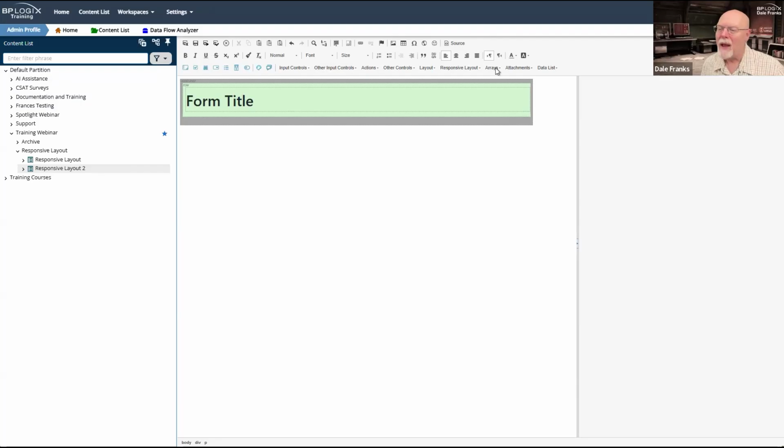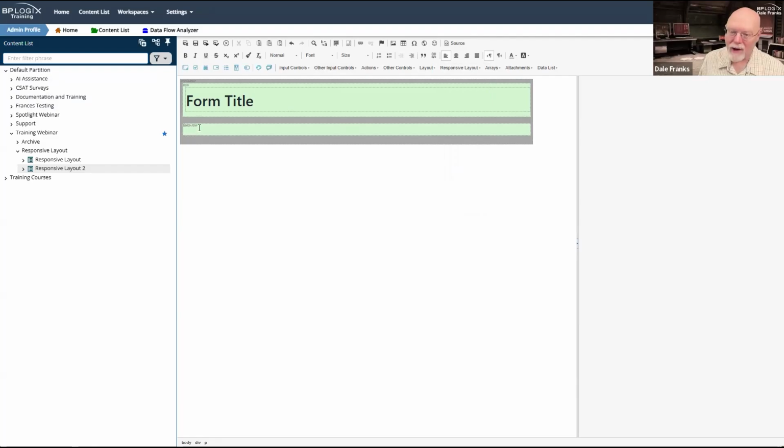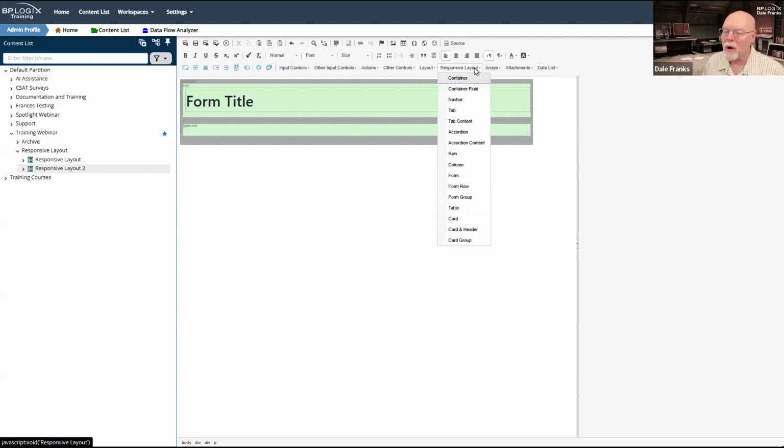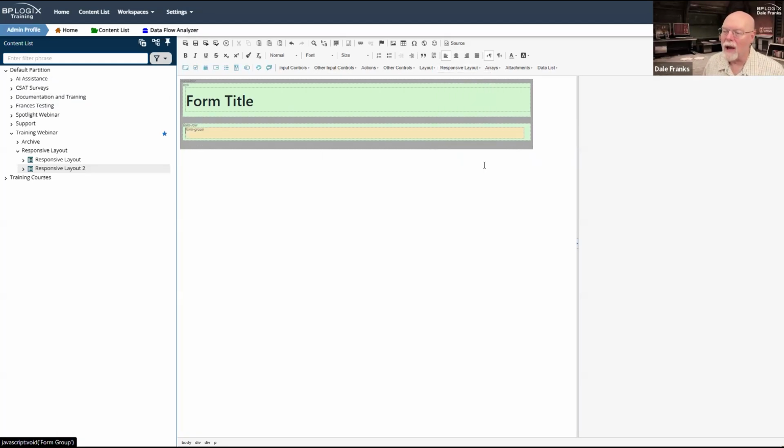Let's add my row. And this time we'll go ahead and add a form row. And now notice my cursor is below my form row. I don't want it there. We have to walk through this really carefully when we're building. So we're going to go here to form row so that inside my form row, I can add some form groups. So let's just go ahead and add 1, 2, 3, and can I squeeze 4 in there? I think I can. 4. So now I have 4 form groups.